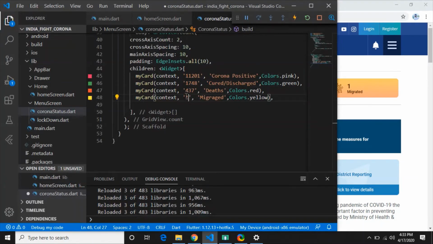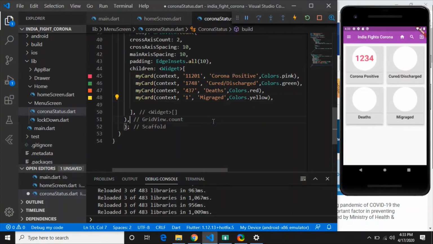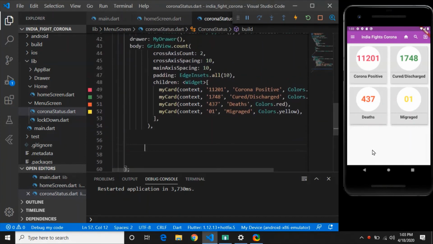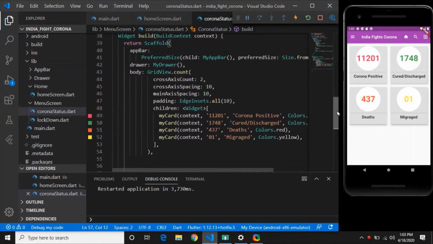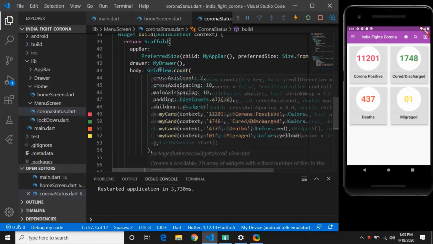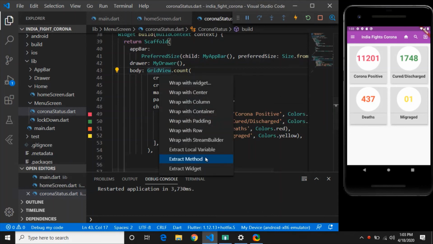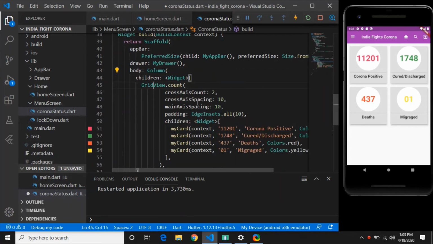Alright, so this is how our screen looks like. Great. So what I wanted to do is, I want to add one card and last updated here below this app or below this layout. So how will you do it? I will quickly tell you how to do it. First step, you have to refactor your GridView.count with the Column. Remember that Column has multiple widgets, that's why we are doing this step.